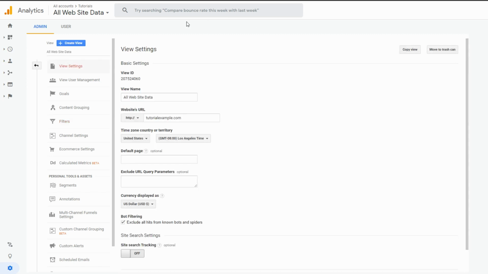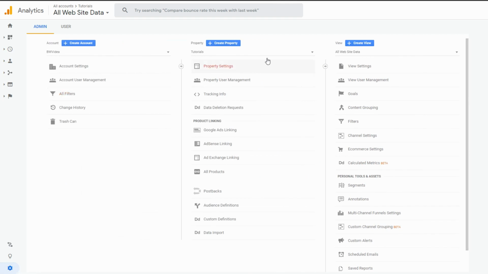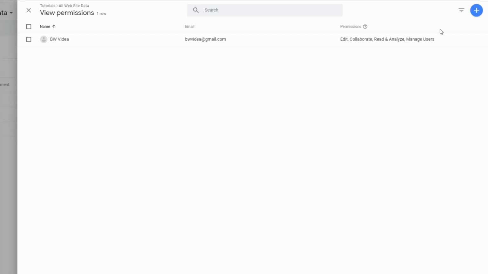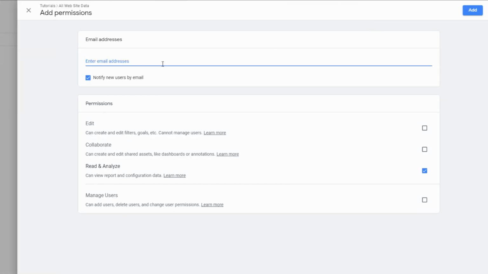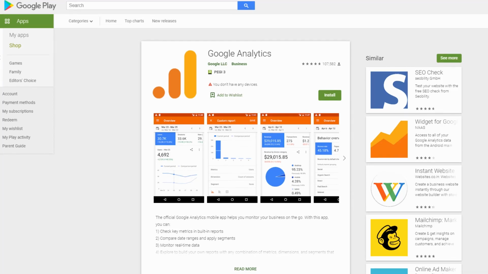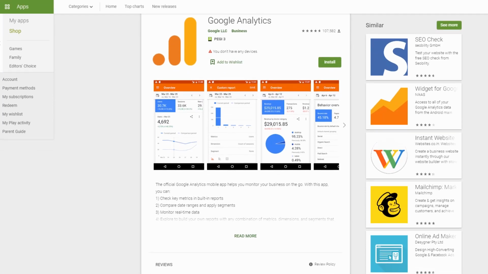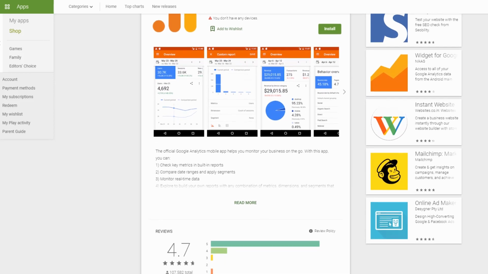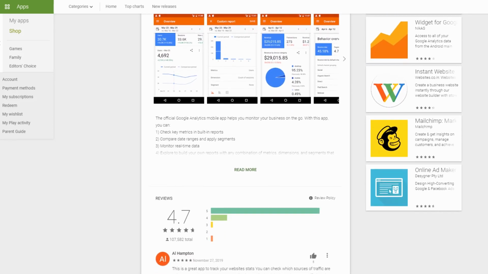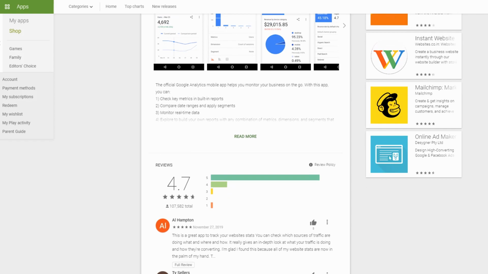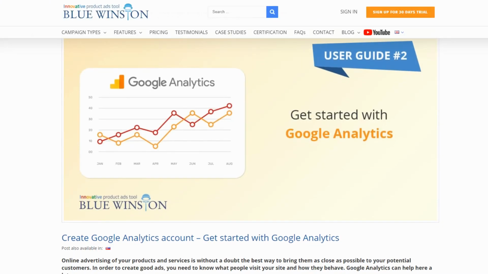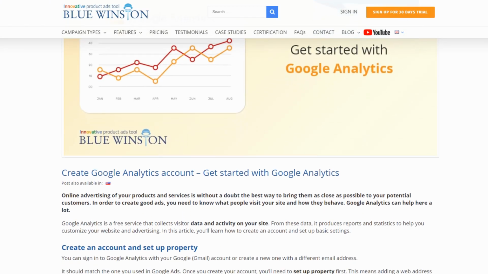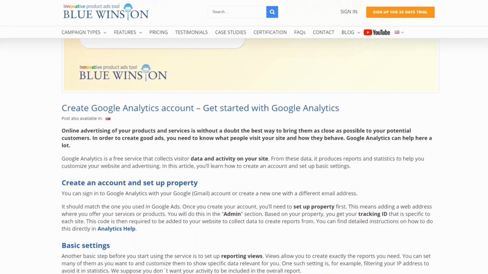Like Google Ads, you can share your Google Analytics account with the others without giving your password. You can also find user management in the admin section. You invite them through email addresses and manage their account competences. Google Analytics is also an app you can download to keep your reports under thumb. You can also be informed about the activity through email. Just set your own alerts in the admin section. For advanced Google Analytics settings, especially report views, we created a short guide to all the features you can use in the service.